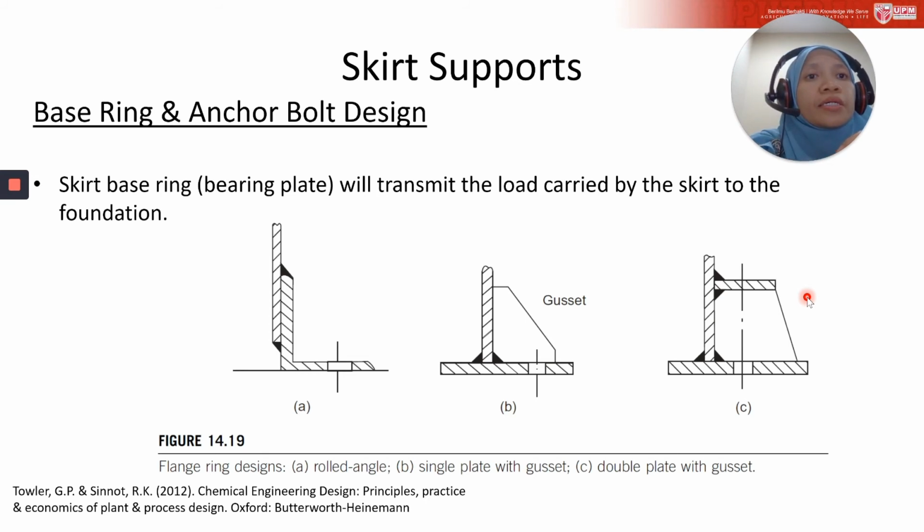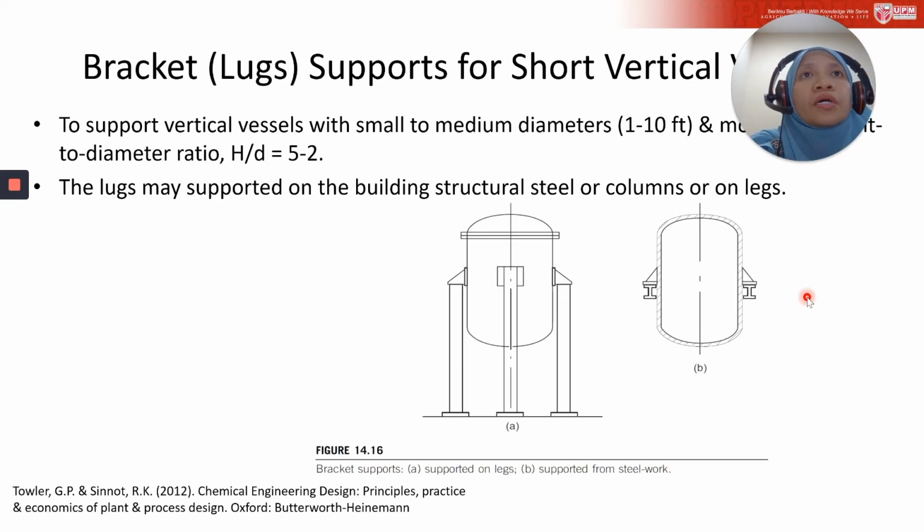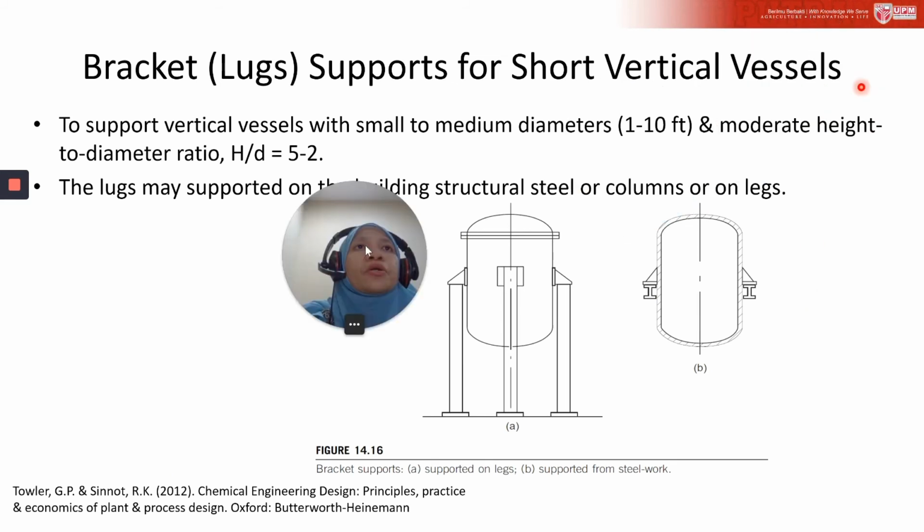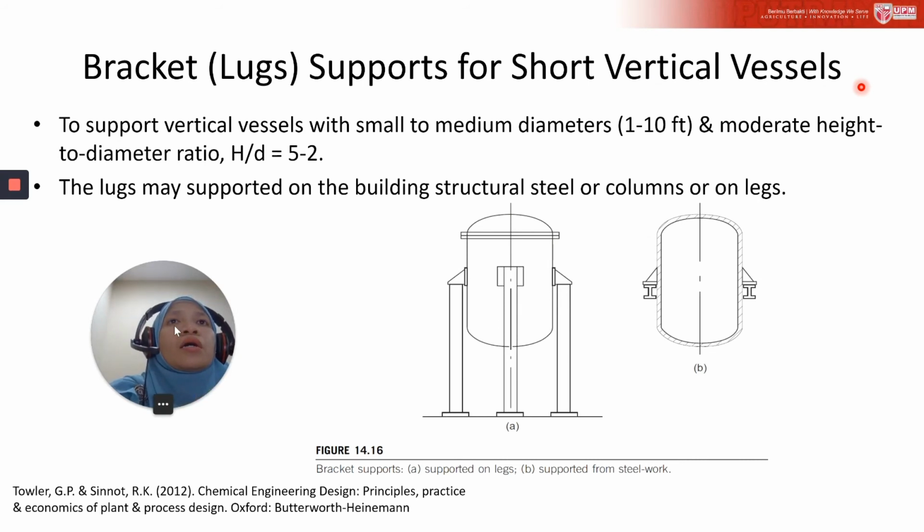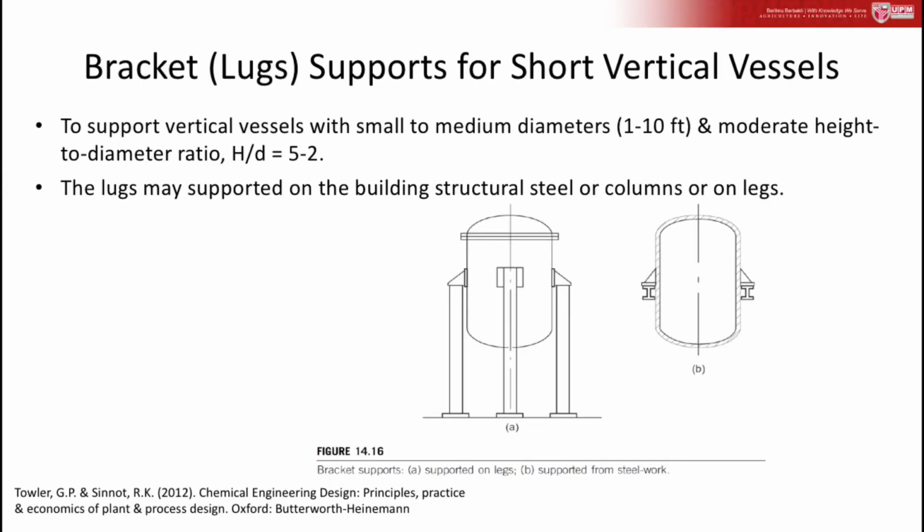So now let's look at brackets. Bracket support is another type of support, and the other name for it is lugs. This support is commonly used for short vertical vessels. Examples of industries that prefer to use bracket or lug supports are the food industry and pharmaceutical industry, due to hygiene requirements, compared to